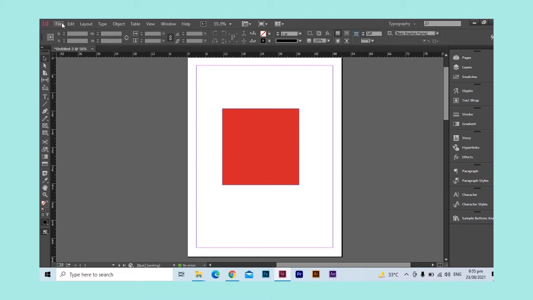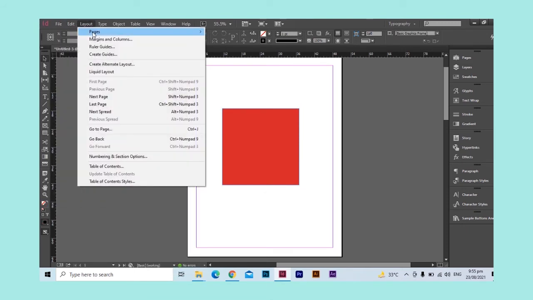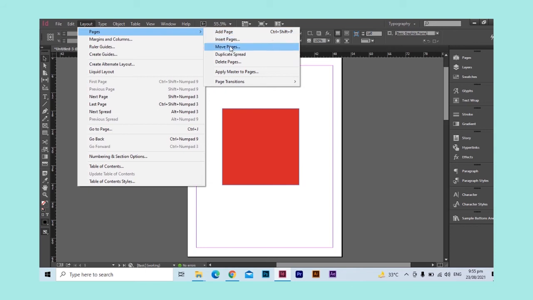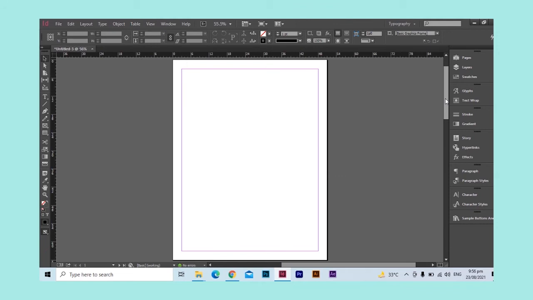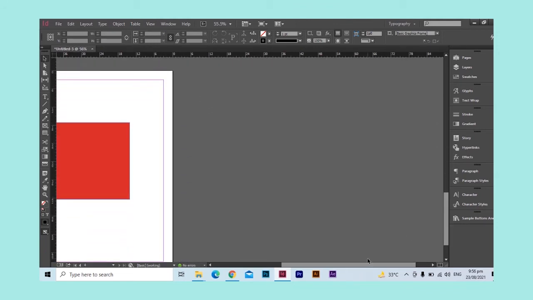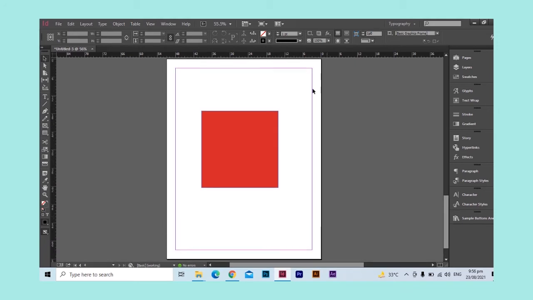Now in pages we have an option of move pages. So I am moving my first page to the end of the document. You can see that it can easily move to the end of the document.